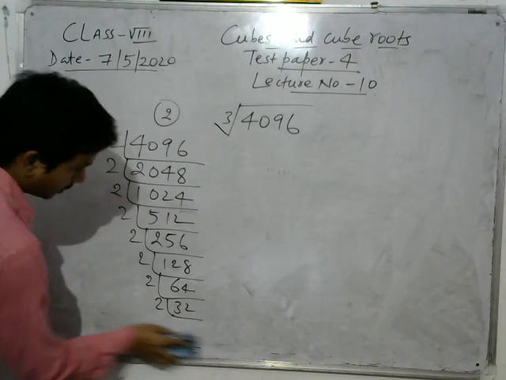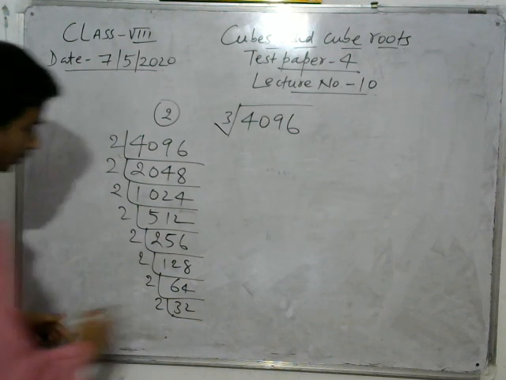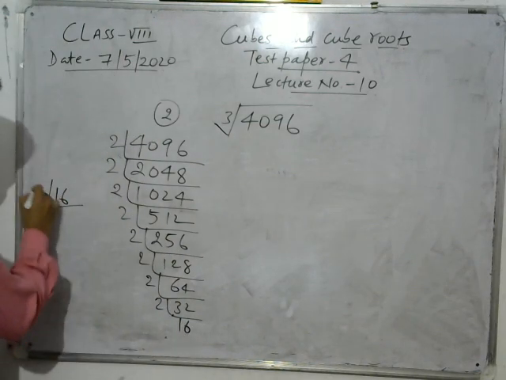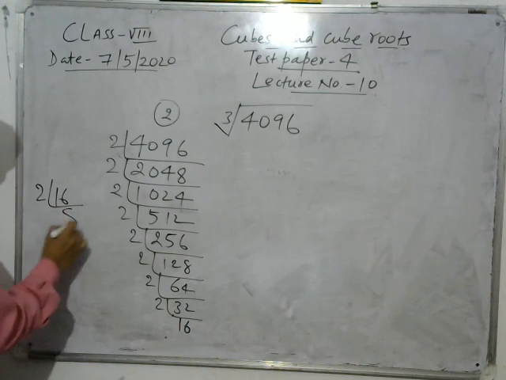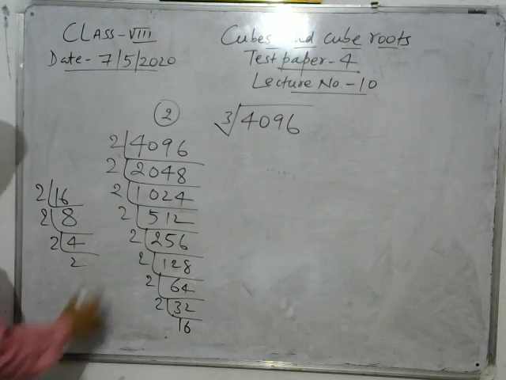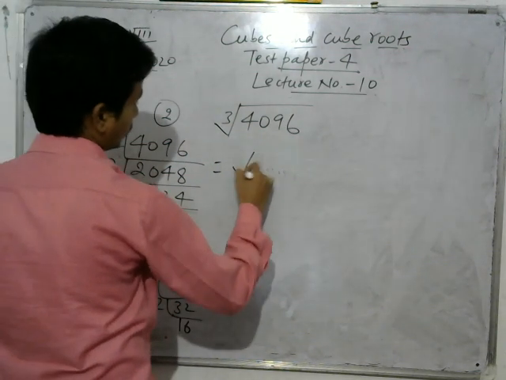So I erase this. 2 into 8 is 16, and from 16 we know 2 fours are 8, 2 twos, okay,